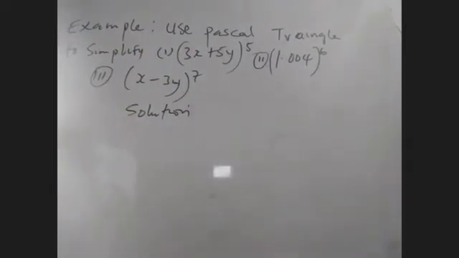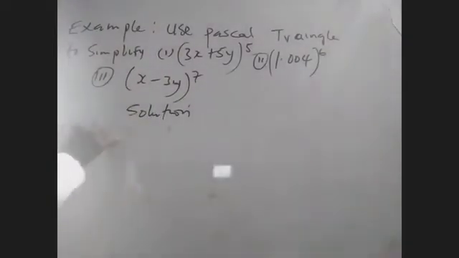Solution. We have (3s + 5y) raised to the power of 5. To make it easy, remember, this position is your x, while this position is your y. So what is the expansion of the power of 5? Now the expansion of (s + y) raised to the power of 5,